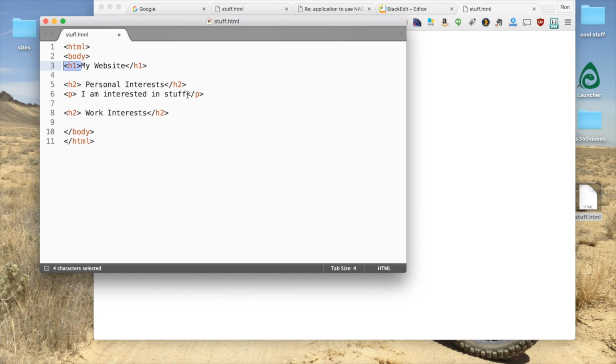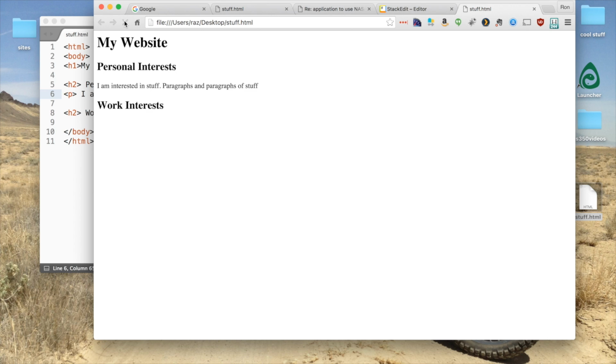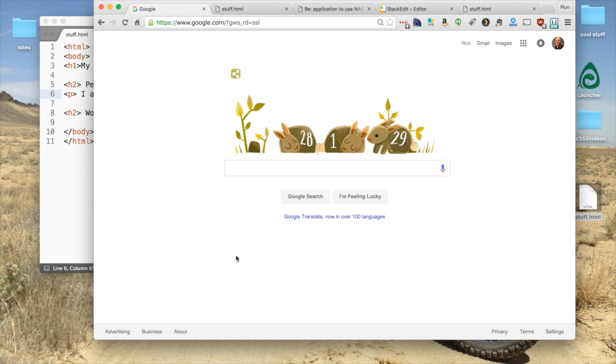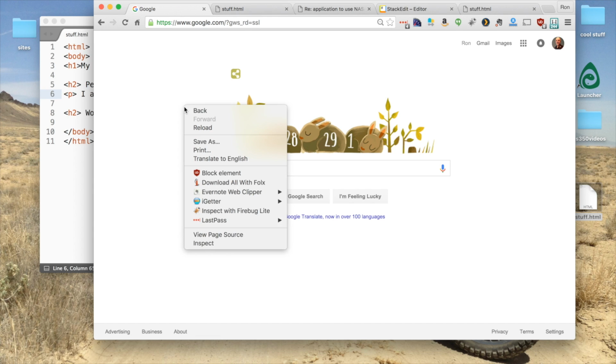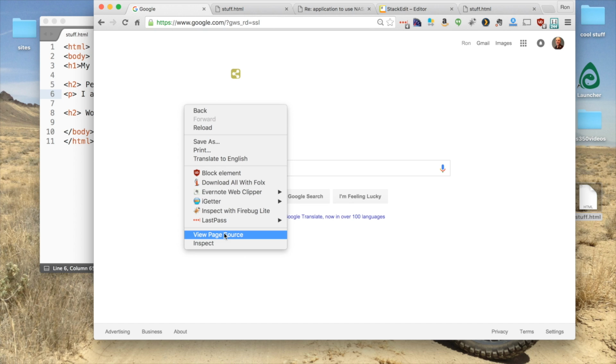And if I write tons of stuff here, if I write paragraphs and paragraphs of stuff, this is pretty readable in the text file, not a problem when I create it. And when I want to show it to people, it can look a little bit more interesting. So Google here, this page looks a little more complex, but not that much more complex than this stuff.html. And if we look at its text file that supports it,